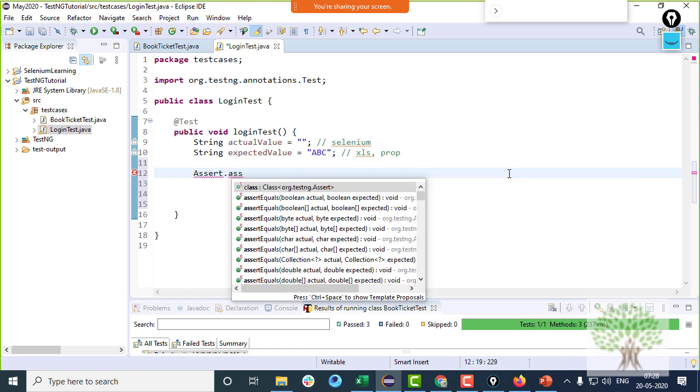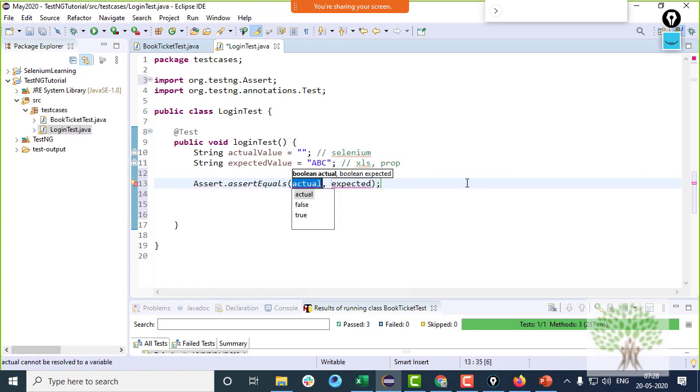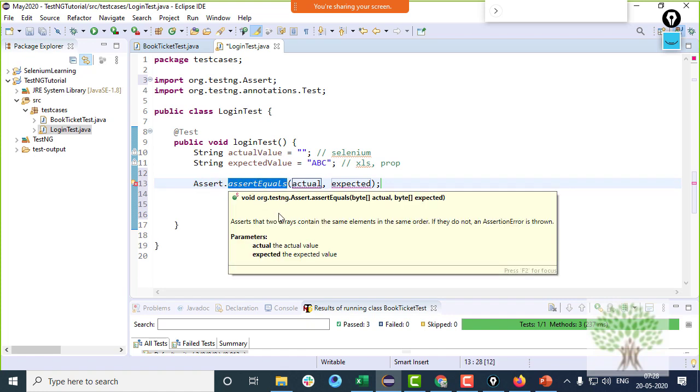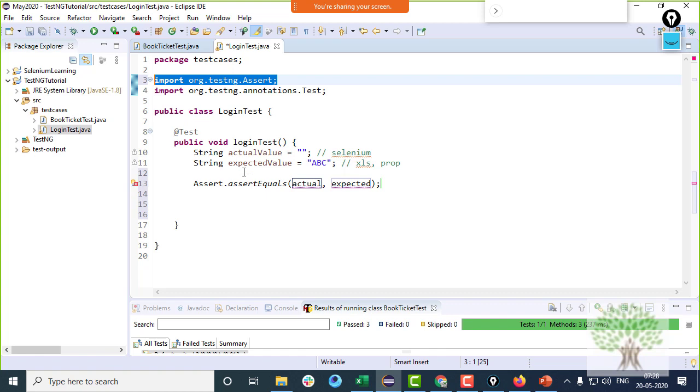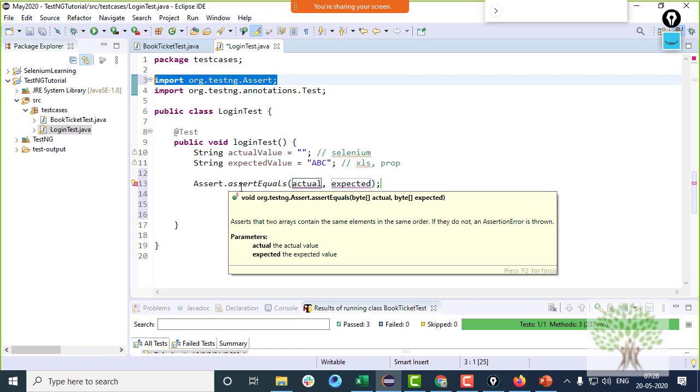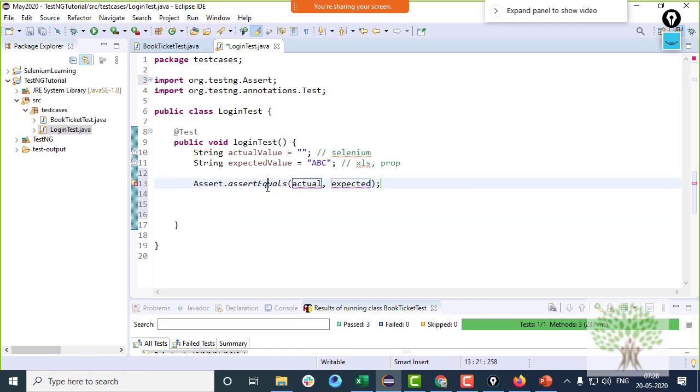You write assert, say assert equals function. There is an Assert class in TestNG. Assert equals is a static function inside this particular class. You can call it directly with the class name. You see this? Assert class is there. Okay, so you write Assert.assertEquals and you give the actual value